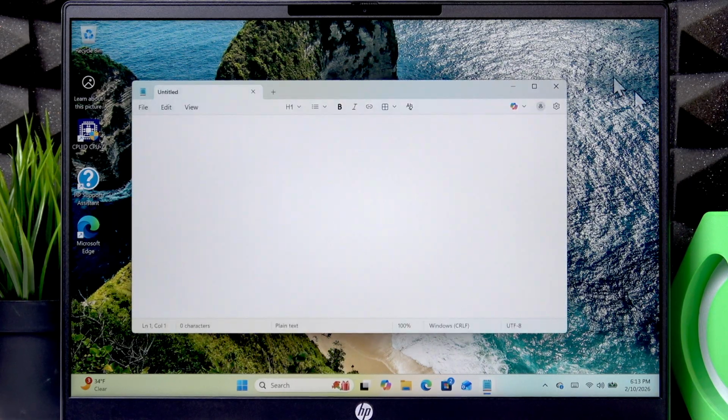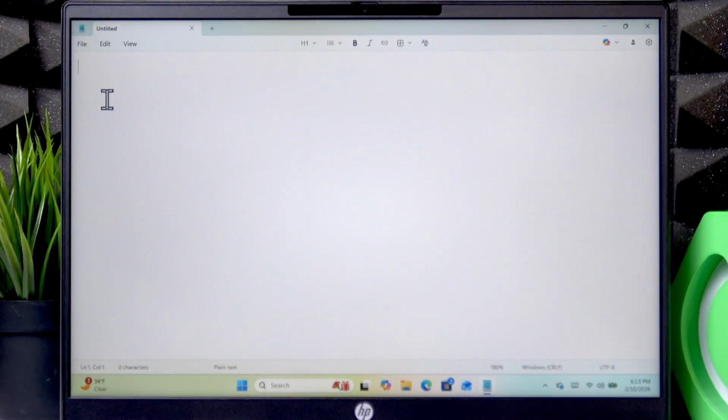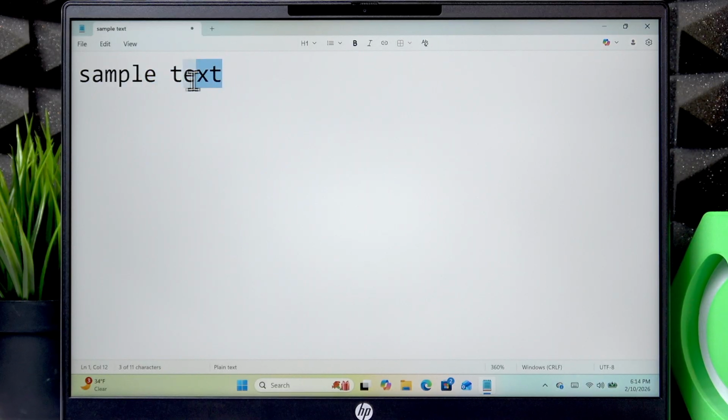First of all, let me open a Notepad application to show you how to operate with text on this laptop. So let's enter some sample text in here. And now, in order to copy it, you're going to have to select the text or part of the text